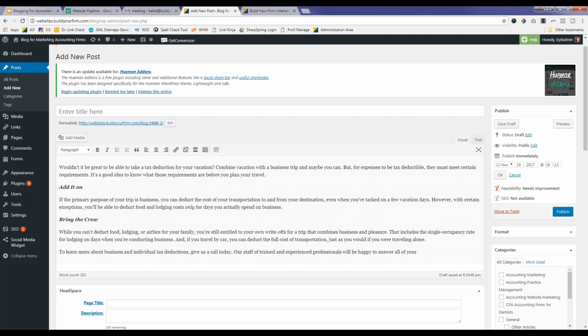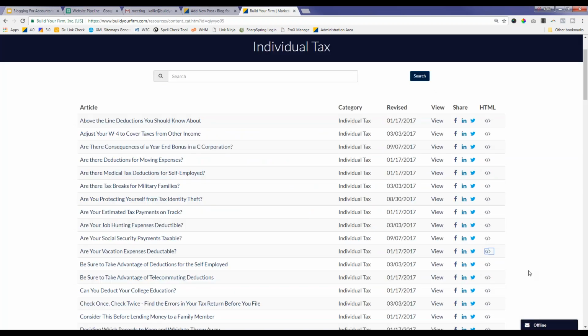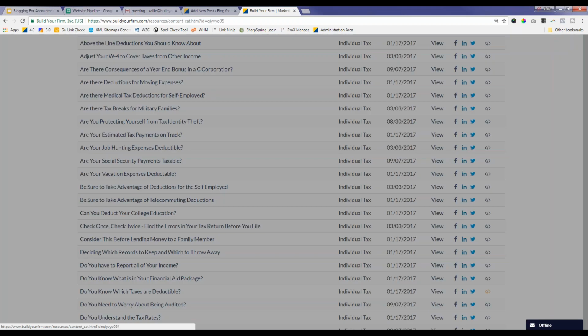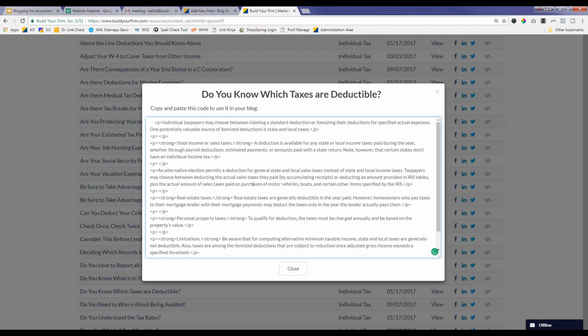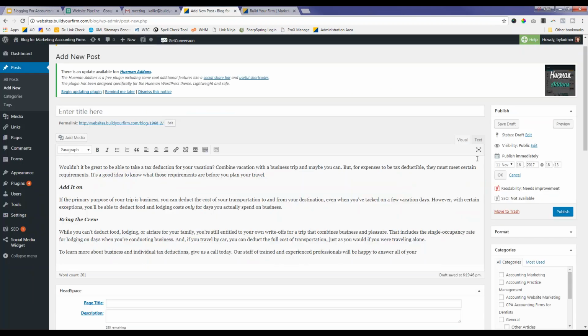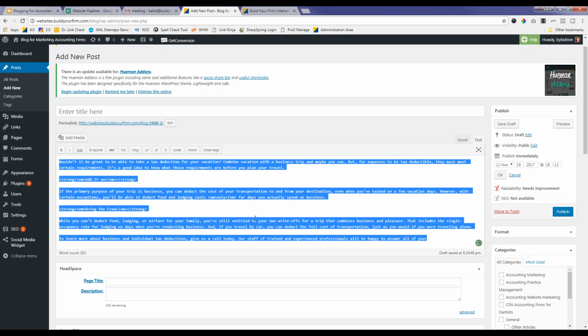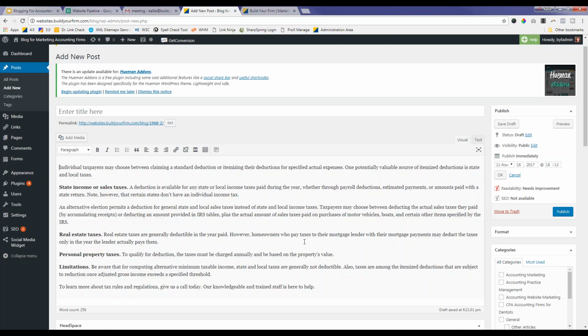So I've brought in this article and I already have this content created, so it's not even something I needed to create. And this is actually a pretty short article. Let's pick a little bit of a longer one for today's demo here. Let's see here. This one looks good. How to know which taxes are deductible. We'll choose this one. So I'm just going to replace what we had there.